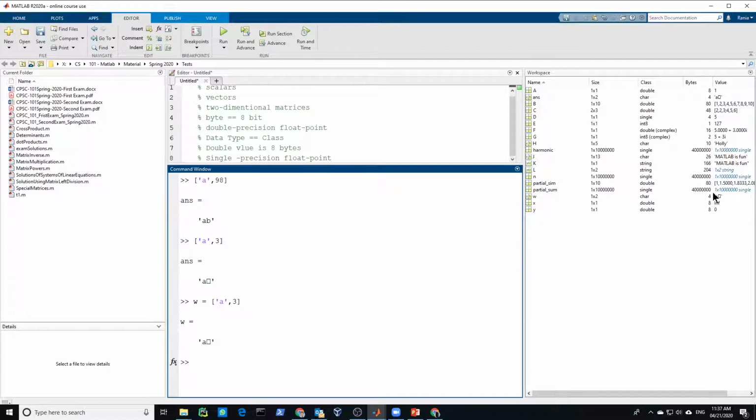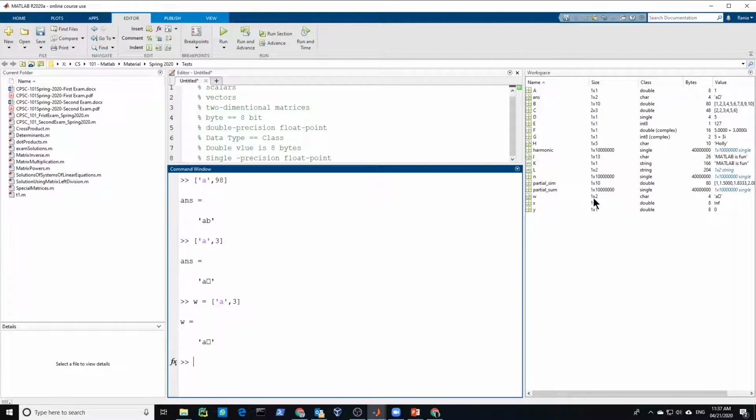Each character has 2 bytes, so the total is 4 bytes. And so again, although the result looks like it has only 1 character in the array, we check the workspace as you see in here. We'll find it's a 1 times 2